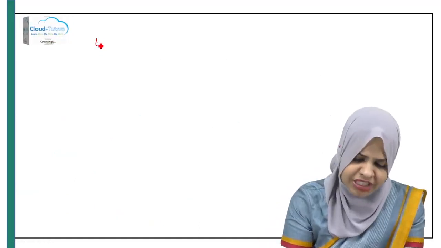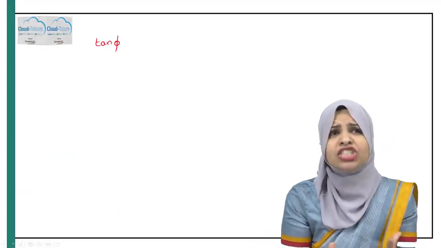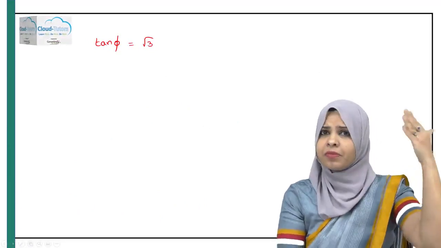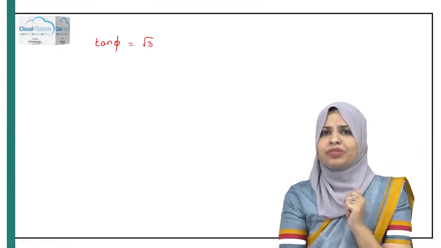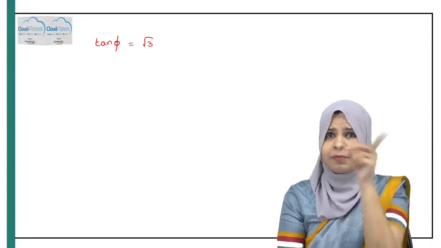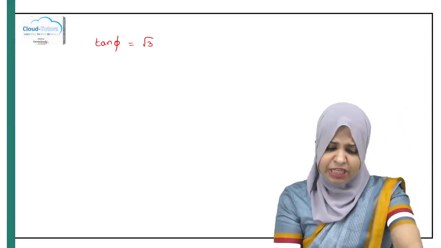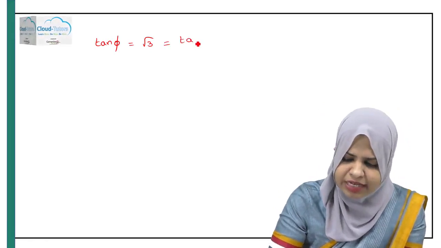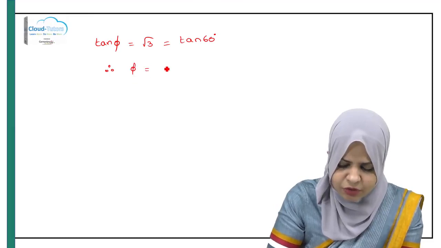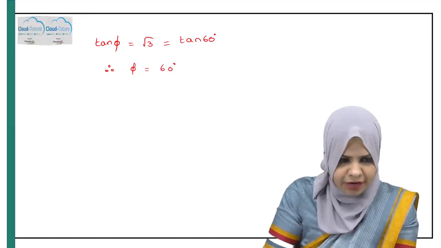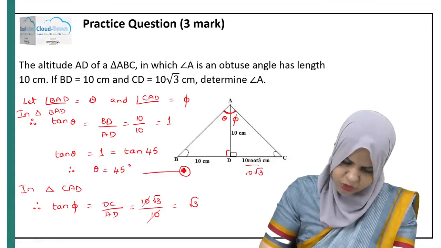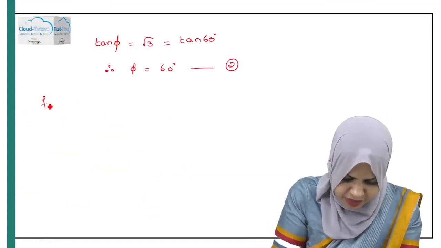So for which angle will tan phi be equal to root 3? Recall tan of some angle is equal to root 3. For this you need to remember the specific angles table, right? Yes, so tan phi would be equal to tan 60 degrees, or I can say therefore phi is equal to 60 degrees. Now, if I call this as equation 2 and this as equation 1,